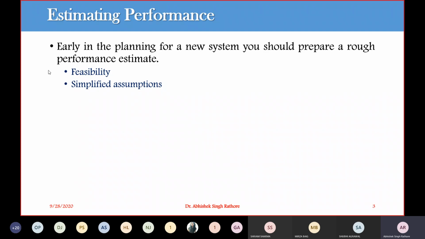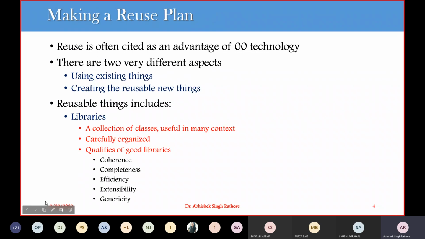Now after having these performance issues, we'll go for reuse. Reuse is not just inheritance, but there are different things available for reusing, so we have to make reuse plans.